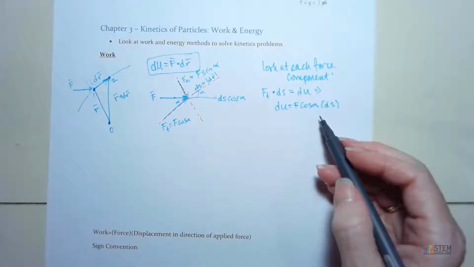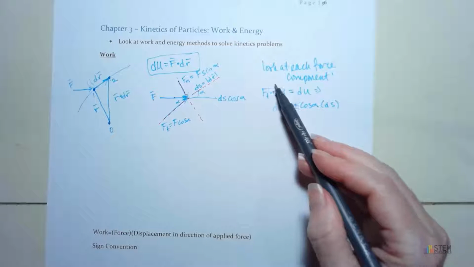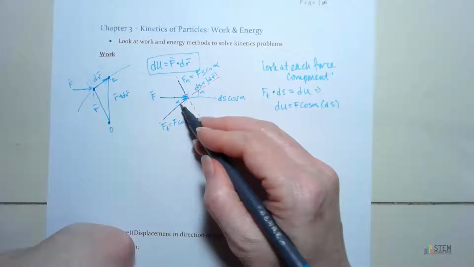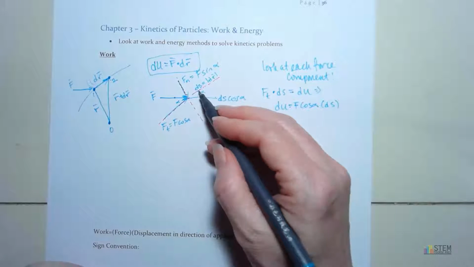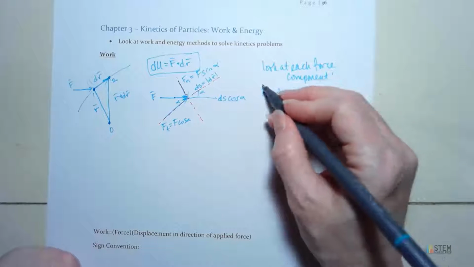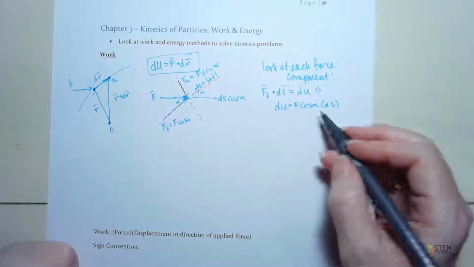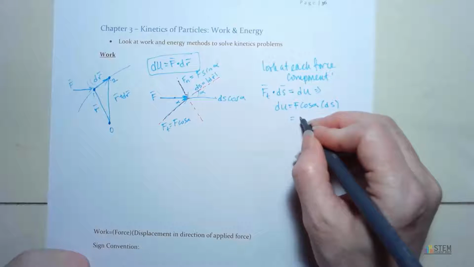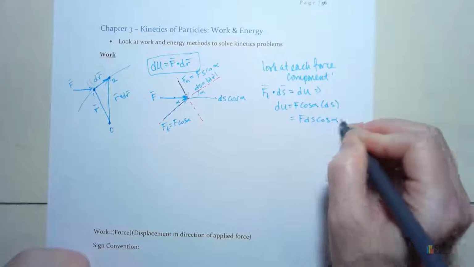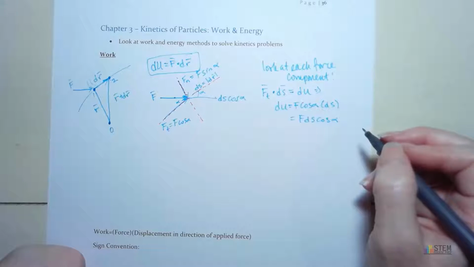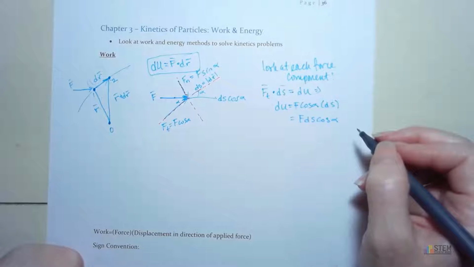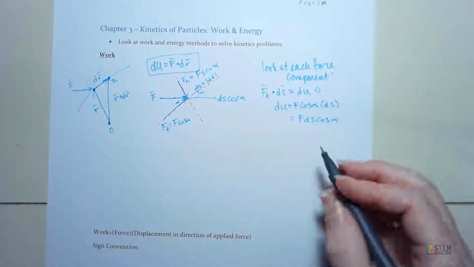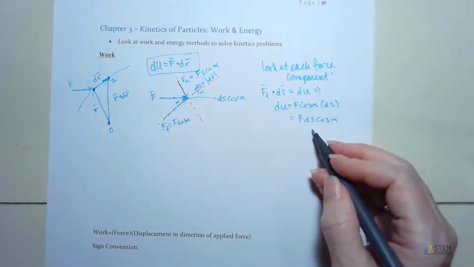Okay, and I know that because if you think about these being vectors, because you could write these as vectors, these are along the same line, right? So the unit vectors here would be the same. So actually we could put these as vectors. So now if we do that, we're going to end up with this. Okay, so dU is going to be F times ds cosine alpha. Now, if you look at that, we got F, and then we got ds cosine alpha right here. Okay, so now with that in mind,